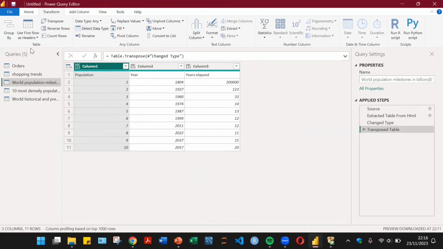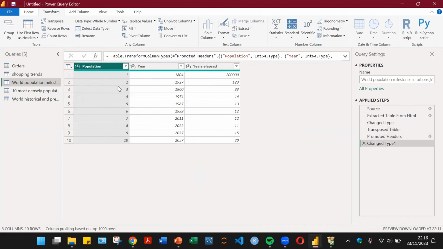There you go. Then we can use the first row as the header. We have the population, the year, and the years elapsed, and I think we have an error in the data, but for now